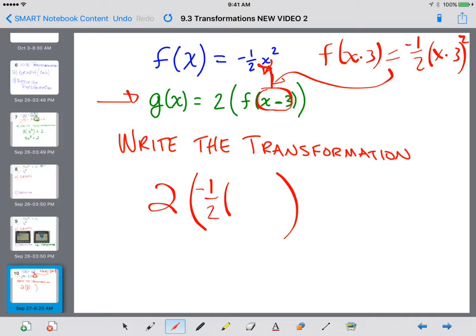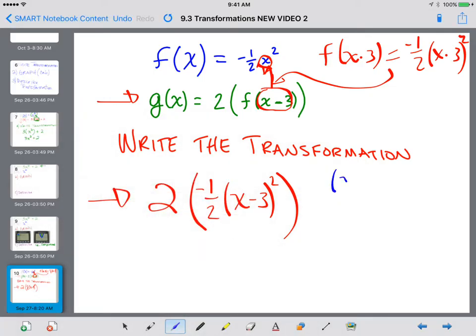Instead of just the x, I need to plug in x minus 3. So I got parentheses to do that, squared. Now, I'm okay if you leave your function just like this. If you were to simplify this,